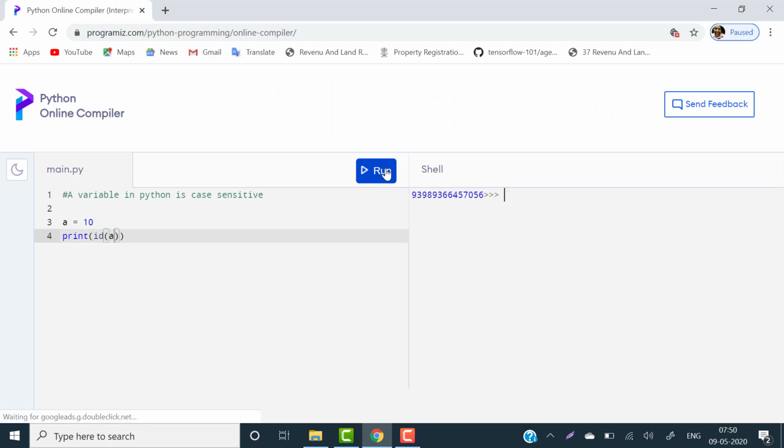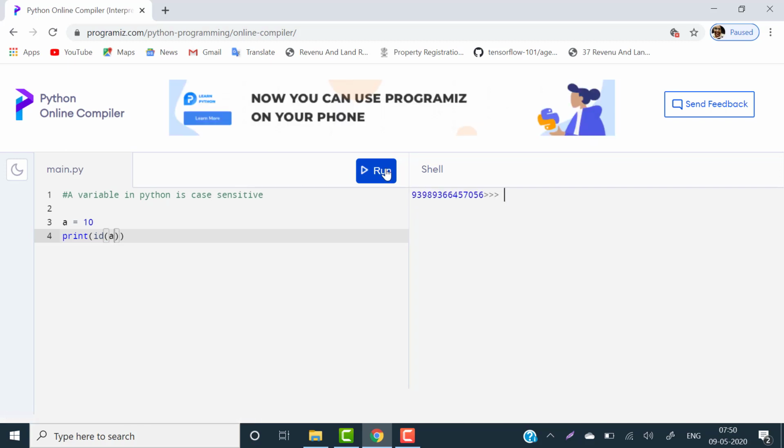See, this is the memory location of variable a in which the value 10 has been assigned. Here we see 93989366457056.